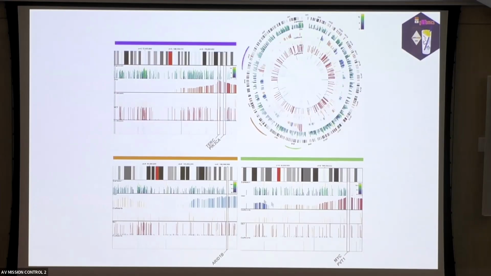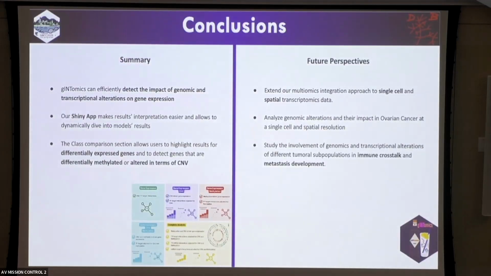For example, here we have a zoom in on 3 different genomic regions that are highlighted here, and you can see clearly that it's easy to compare the different layers and to navigate into the different genomic regions. So just to sum up, we show how gene omics can efficiently detect the impact of both genomic and transcription